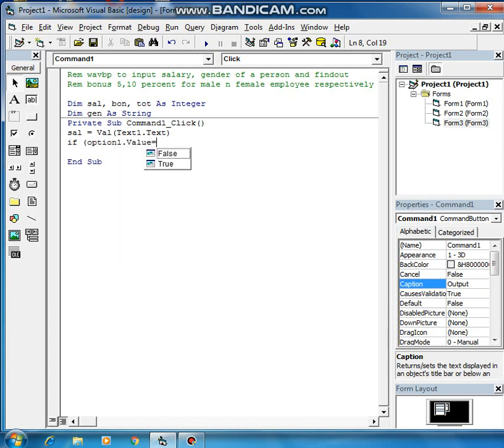If the option 1 value is true, what does true mean students? It means you selected male, because option 1 belongs to male. I am saying it again, please listen. If the option 1 dot value is true, it means you have selected the male button, the first radio button. That time the bonus will be calculated how? Bonus equal to salary multiplied by 5 divided by 100. Understood? Why 5%? Because for male you said 5%. Clear? Otherwise,